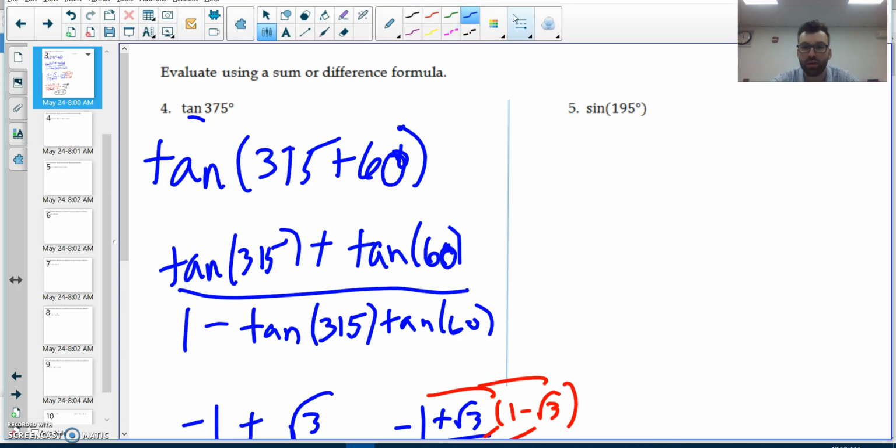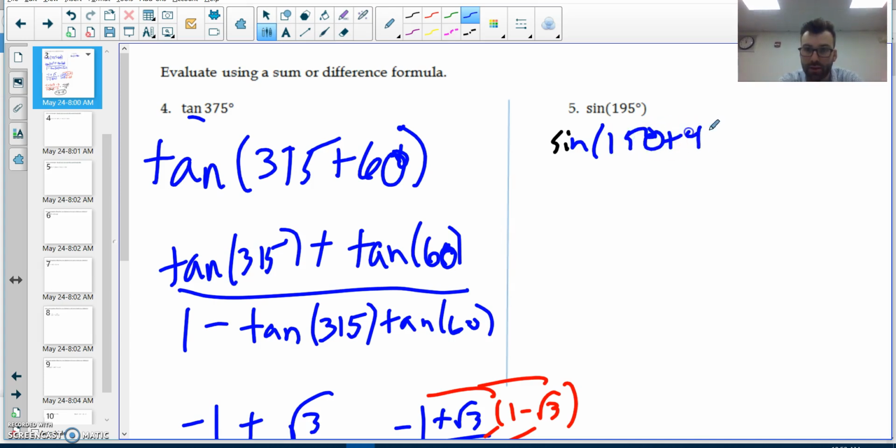All right, and we're back with number 5. Here we go. Again, like number 4, I'm going to use a sum and difference formula. I'm going to use the sine sum and difference formula. So I have the sine of 195. I can rewrite that as the sine of 150